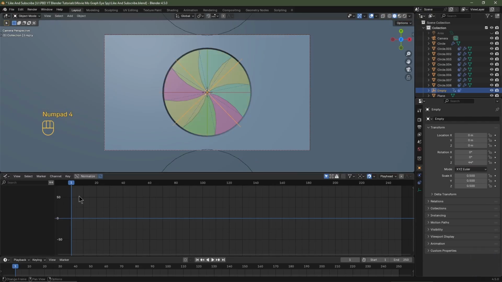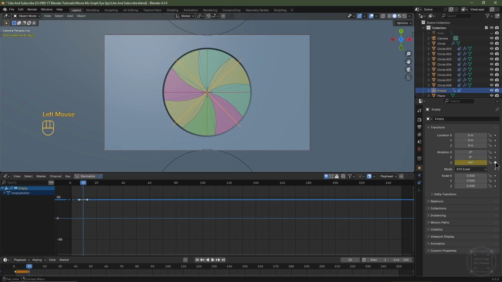I'll ensure that I'm on frame 1 by skipping back on my timeline. I'll then add a keyframe here. I'll then set the current frame on my timeline to 10. I'll go back to the Z rotation and add another keyframe there. I'll then skip to frame 20. So that's 10 frames later. I'll go back to my Z rotation, and I'm going to type in 0 for 0 degrees and add another